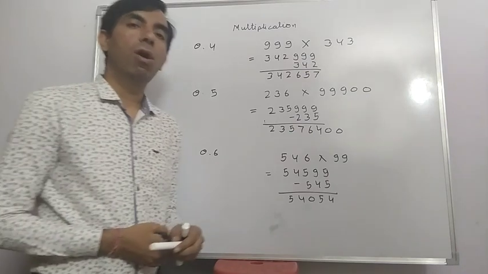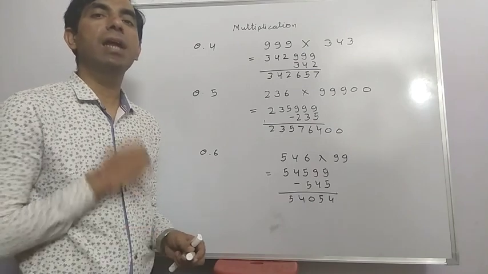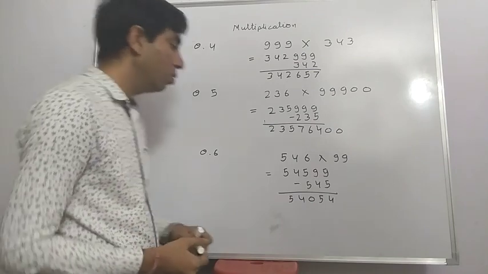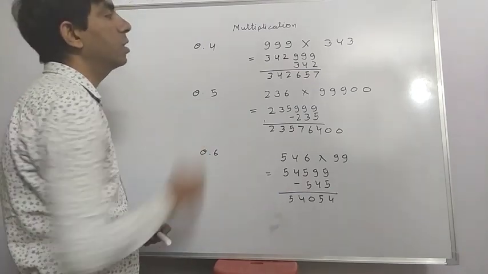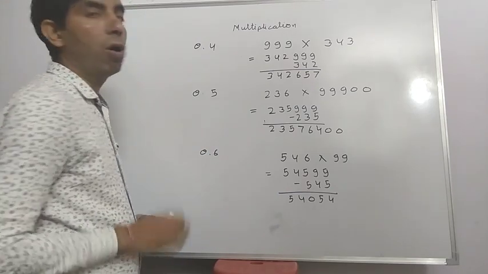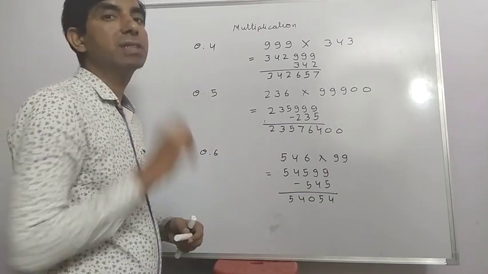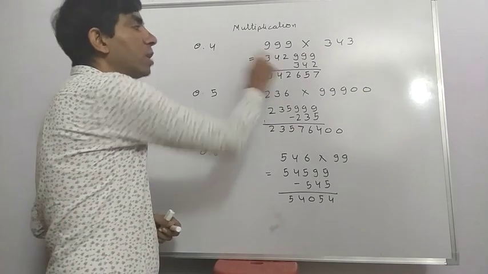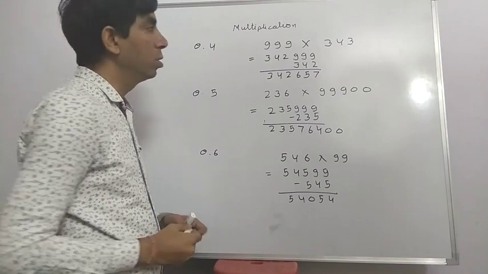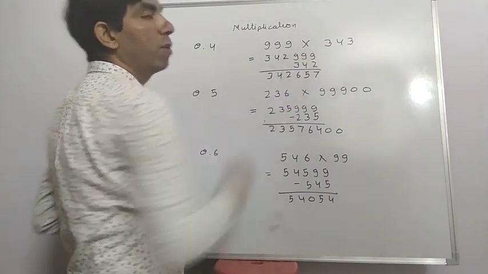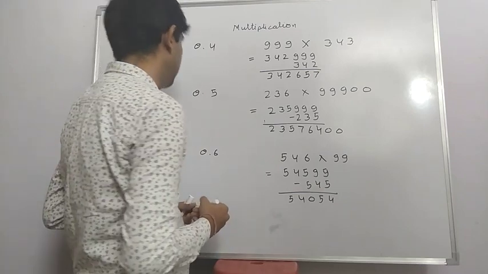Here any number made of 9 digits can be multiplied by any other number. So in this method we always use the short trick. We always write the 9 digit number as it is, write the previous number of the other before the 9 digit number, and subtract that also. Here we write 343, the previous number is 342, and the 9 digit number as it is.